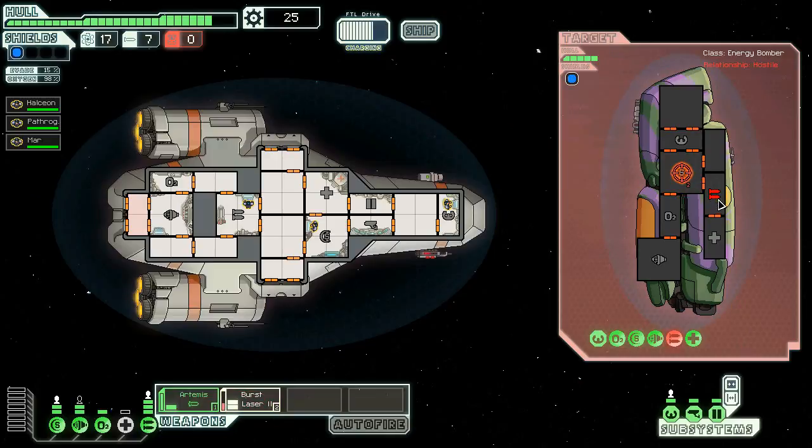So now I disabled his weapons. Some of his crew may enter this square, like that, and repair some of his weaponry. Now I damaged his shield, so he's not...